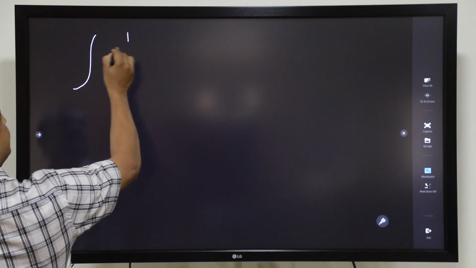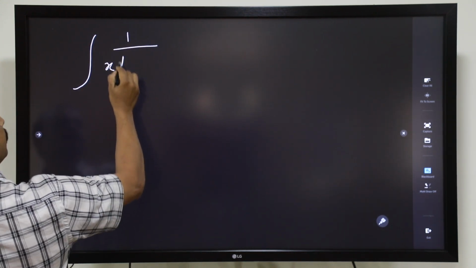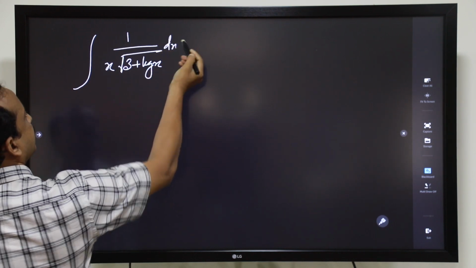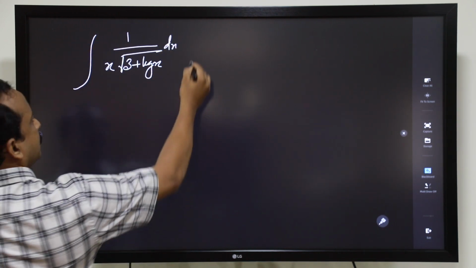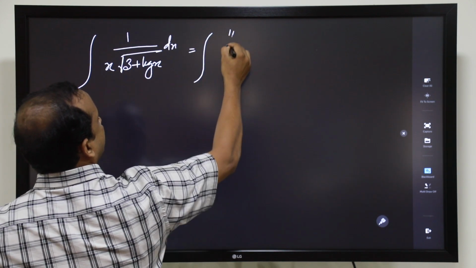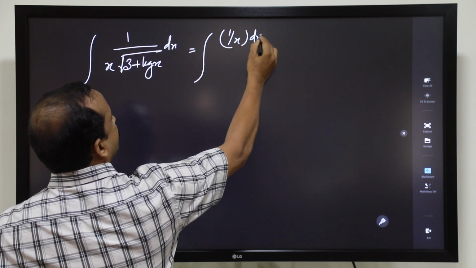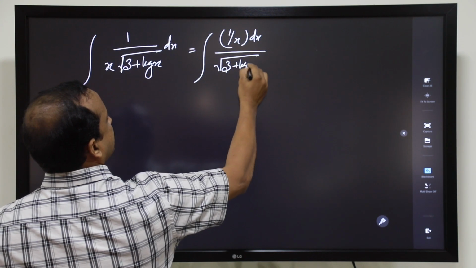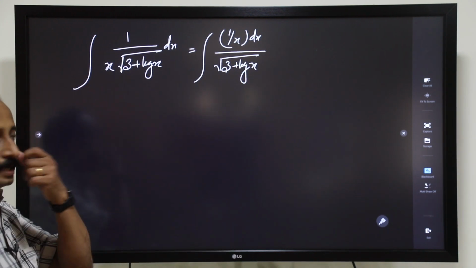Integral of 1 by x into root of 3 plus log x into dx. Here, this function is written in the form 1 by x into dx divided by square root of 3 plus log x. Okay, now we put